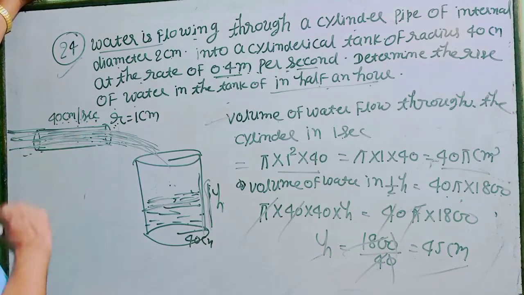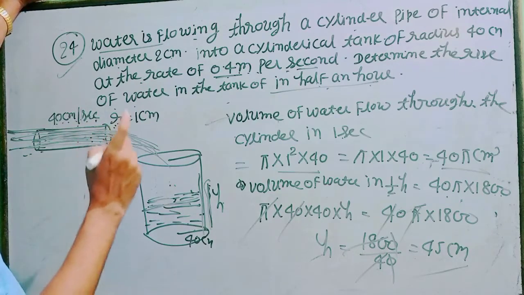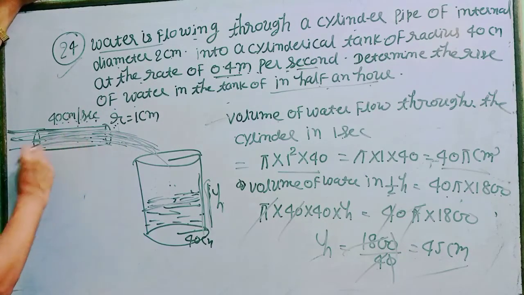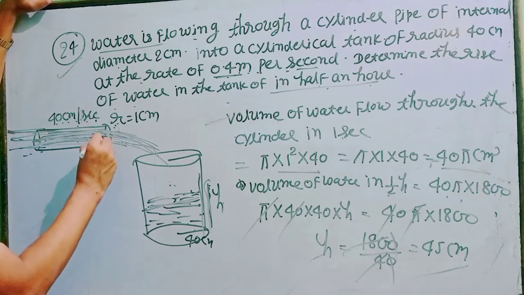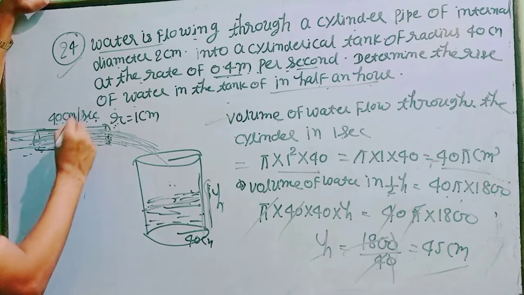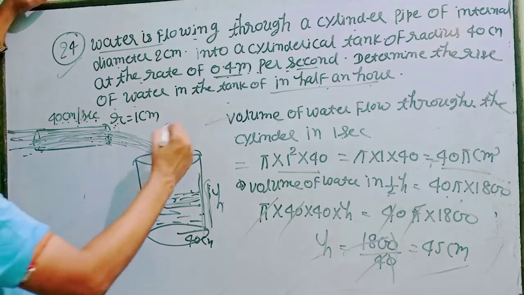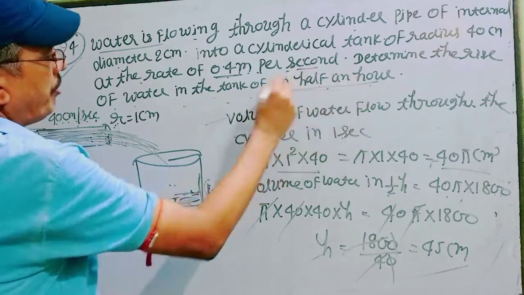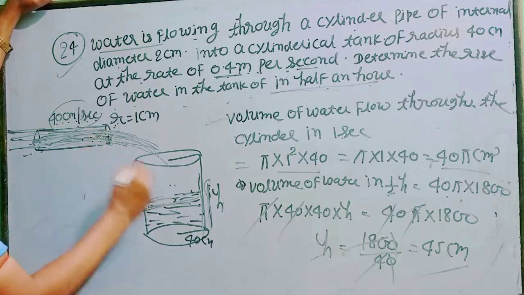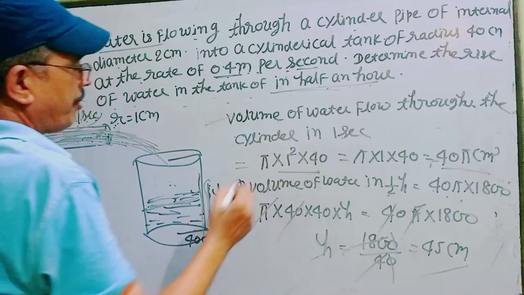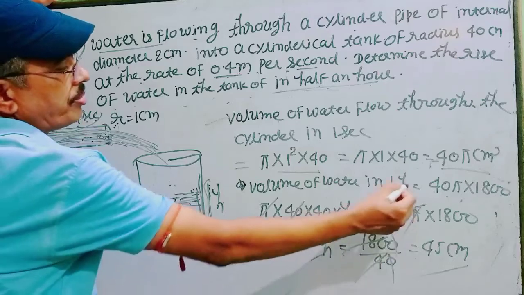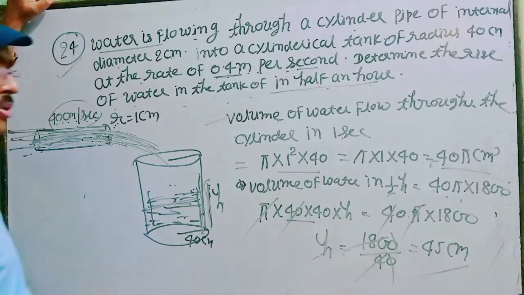Dear student, in this type of question you always find out what is the speed of water in the cylindrical form, then that speed is always converted into the height, and the radius of the cylinder is given. So first you find what is the water flow through this pipe in 1 second. After that, your question is water flow in half an hour, how much water is it. So first we find the volume of this water in 1 second, then multiply by 1800 because of half an hour, and it is equal to the volume absorbed in this cylinder. So the volume of this cylinder is equal to the volume of the water. Then you get h is equal to 45 cm.